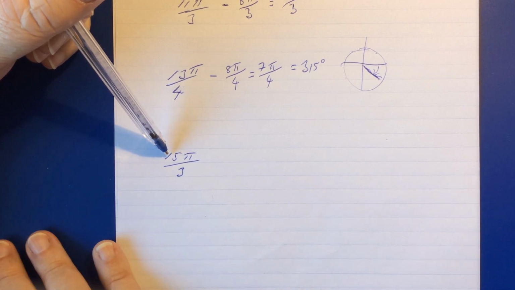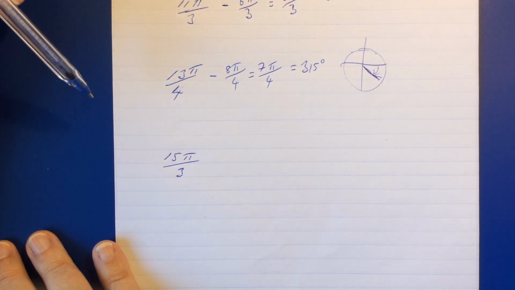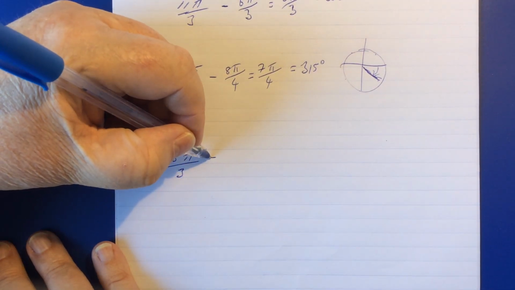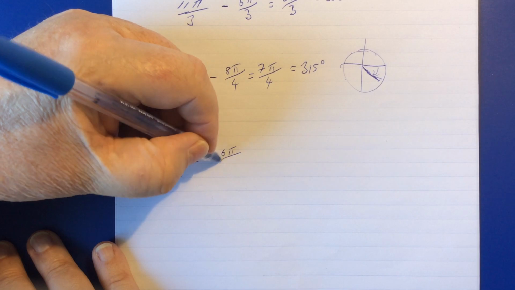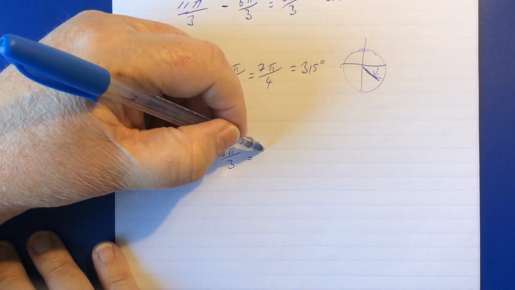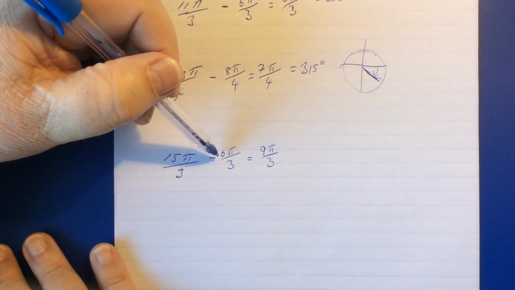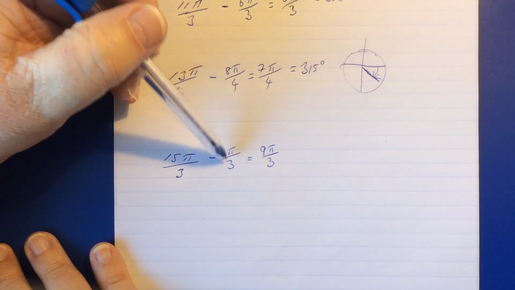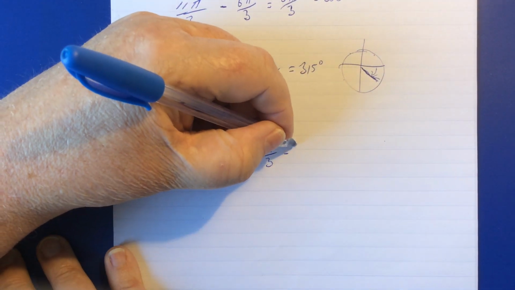15 pi on 3. A similar problem to the one we had up here, but let's just see how this unfolds. So if we take the equivalent of 2 pi off this, 6 pi on 3, what we get is 9 pi on 3. Now that is still more than one trip round the unit circle. 6 pi on 3 is one entire trip round the unit circle. So we can take another 6 off that